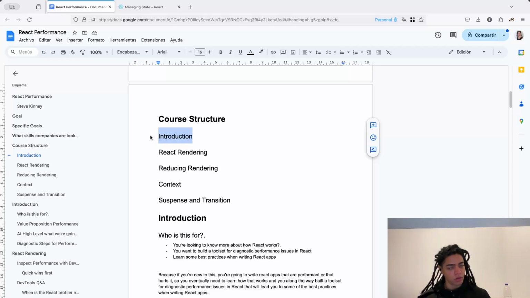Eventually, you will need to learn how that works so that when it comes to detecting performance issues, you build a toolset that you can then use to come up with solutions, aka best practices, to help your React applications work as performantly